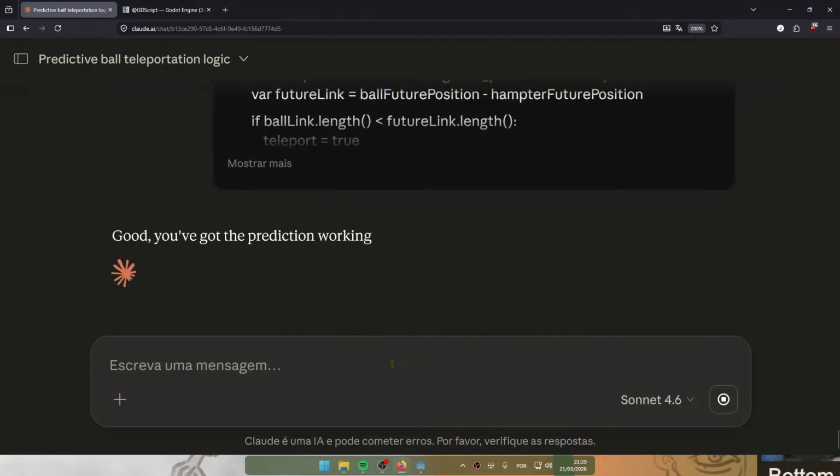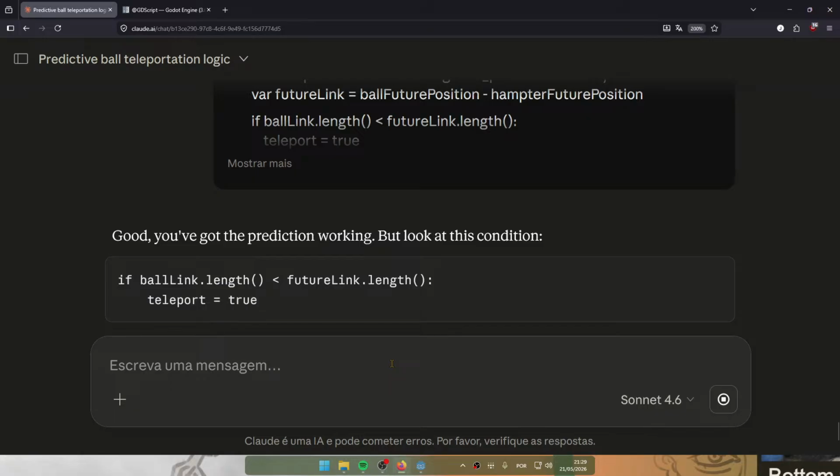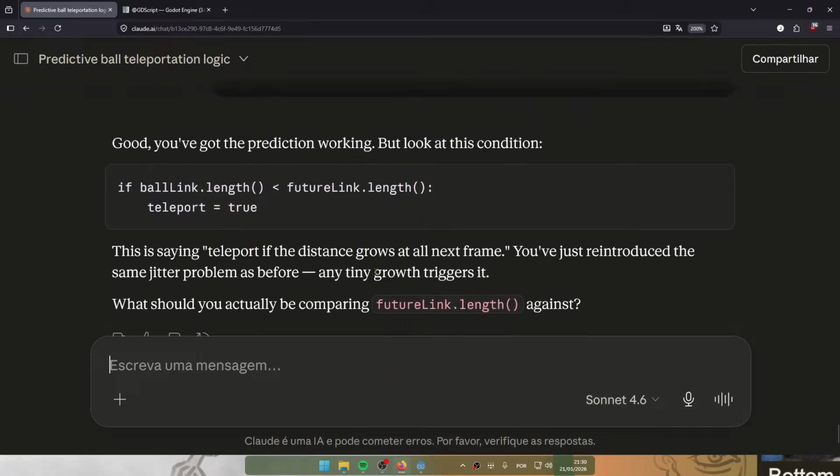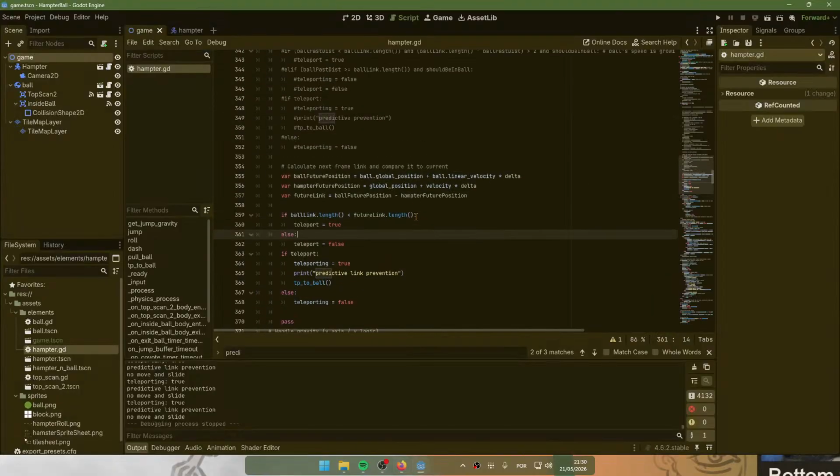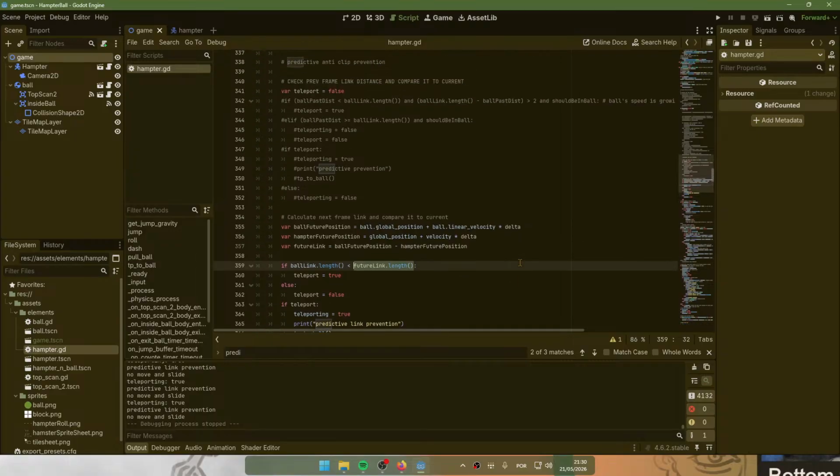What do you have to say about that, man? Good, you got the prediction working, but look at this condition. Falling, teleport, this is saying teleport if the distance grows at all next frame. You just reintroduce the same cheater problem as before. Any tiny growth triggers it. What should you actually be comparing future length against? Oh, against the fucking number, dude. What the fuck? So if length is bigger,